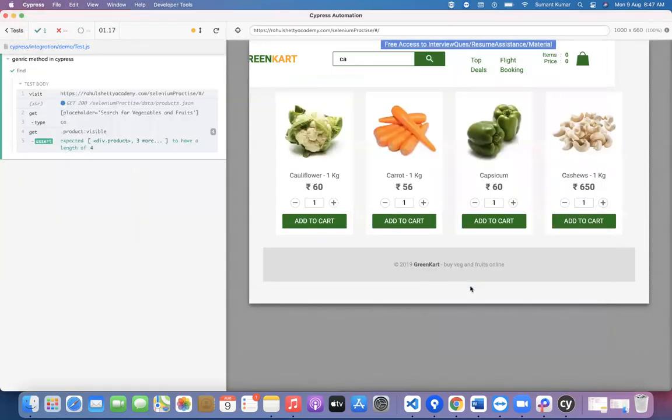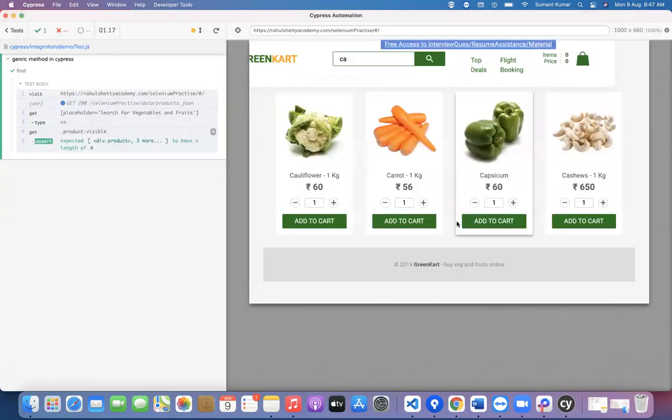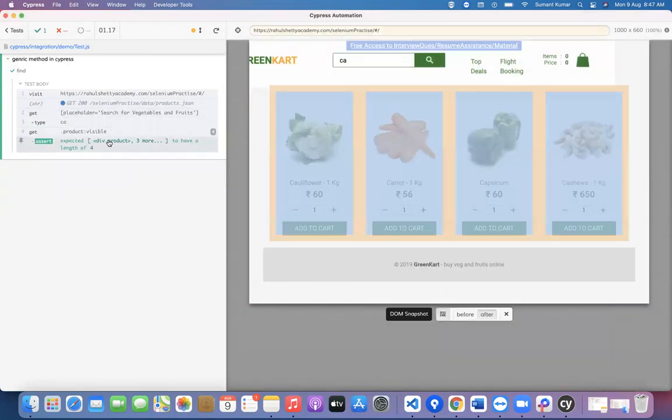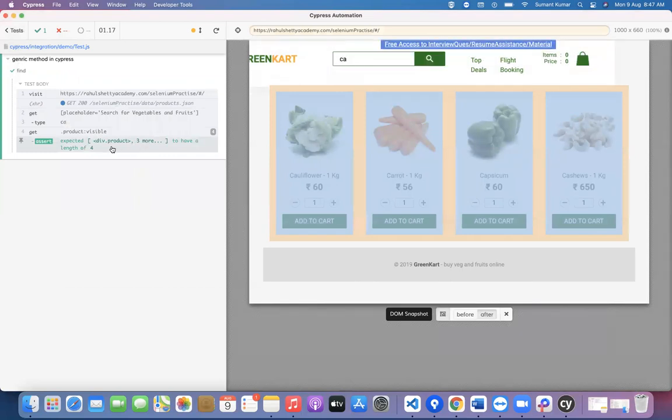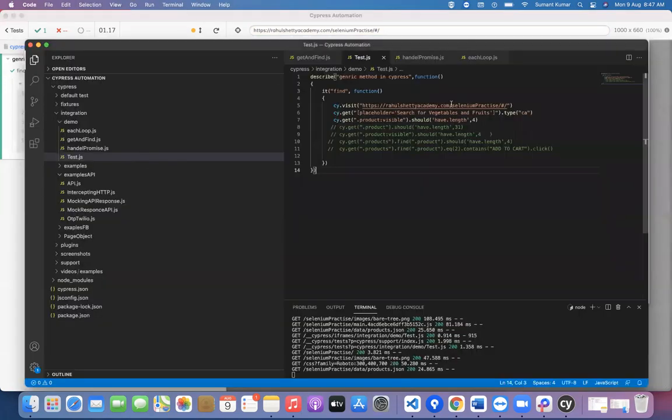Yes, one second. If I come here, dot product, it is only showing 5 elements, right? So 3 more. Okay. So if I remove this visible,